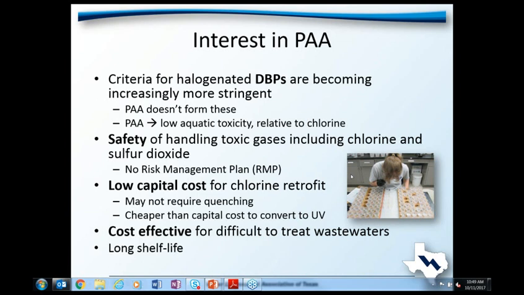And it's overall cheaper than conversion to UV on a capital cost basis. The other thing that we've seen is that PAA can be cost effective for very difficult to treat wastewaters with low UV transmittance, for example. And the typical path to PAA for a utility interested in exploring whether it could be a useful conversion is to do bench testing, then pilot testing, and a full-scale trial prior to looking at potential changes in a permit and installation. In Texas,